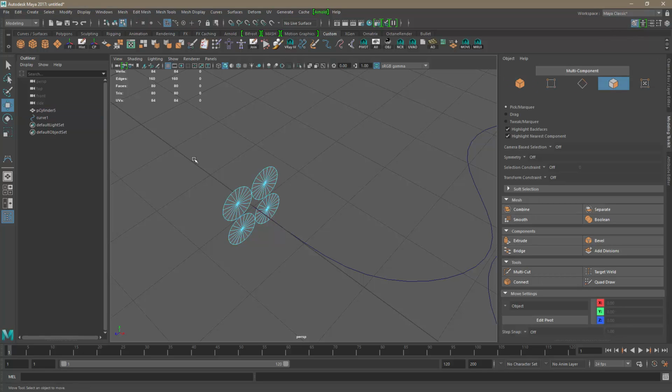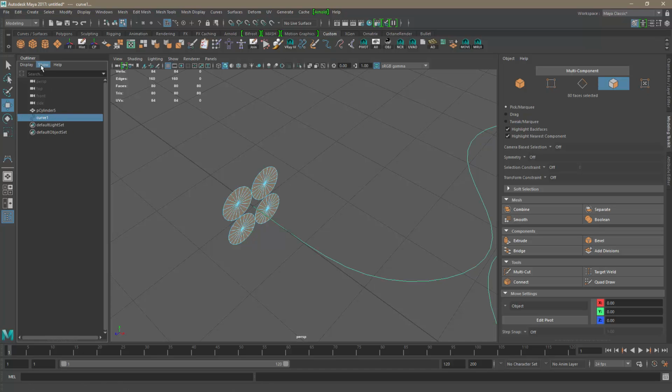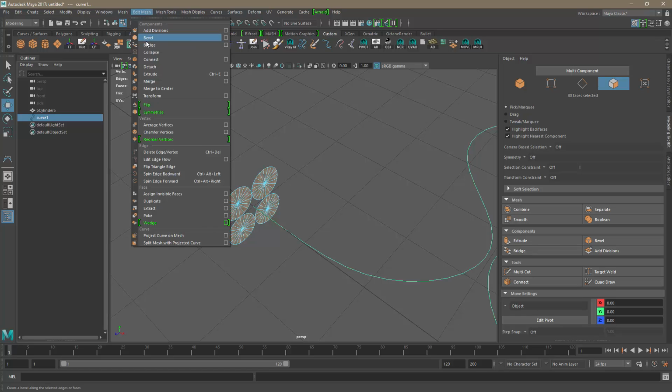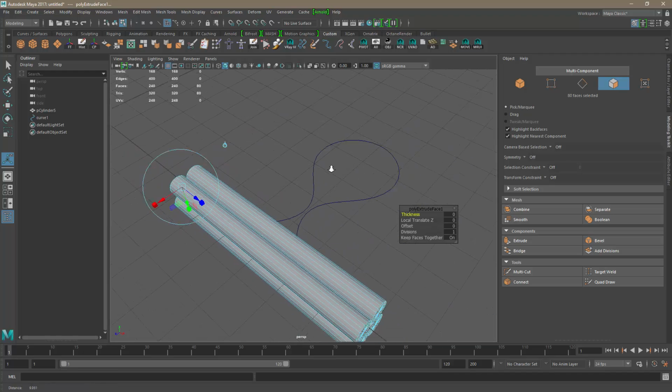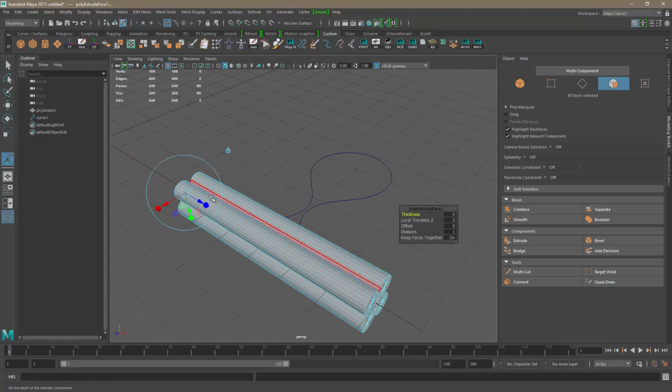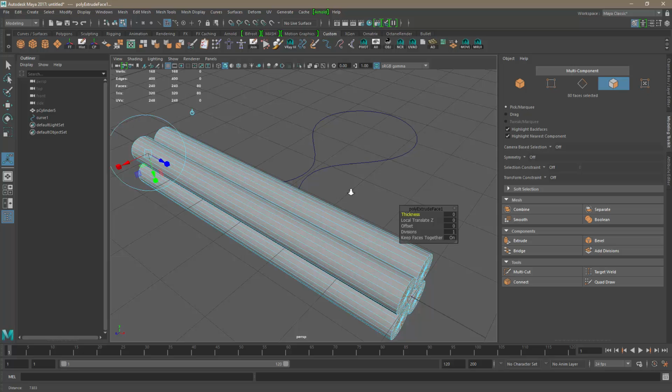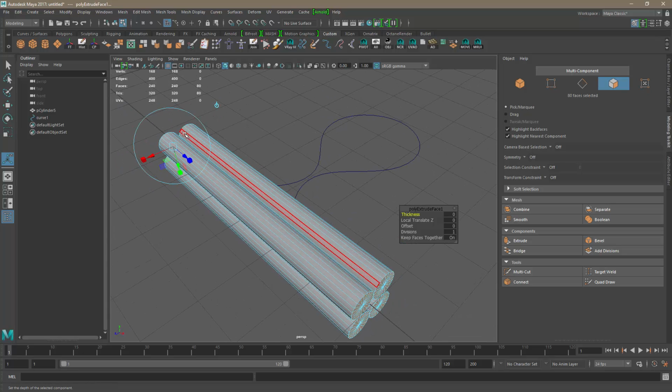and select faces. I'm gonna select all my faces, and then I'm gonna hold Control and click the curve here in the outliner. So with this selected, I'm gonna go to Edit Mesh and click on Extrude. Now this happens. So Maya has extruded my mesh along this shape,